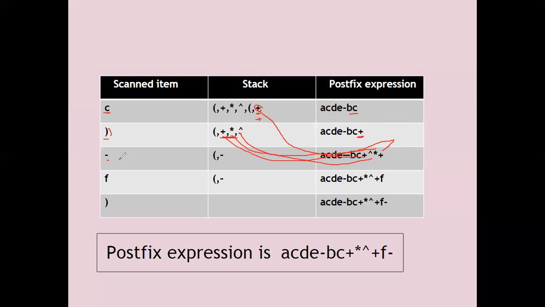Now after that the minus sign came, so after popping, the next scanned item is a minus operator. No doubt the operator should be placed into the stack. After that, what is F? F is an operand. So again we have to place it onto the output screen. Then lastly, the minus sign is present in the stack, so we have to pop it, and we are popping it here. So here our stack is empty now.